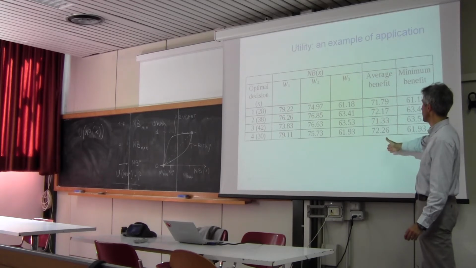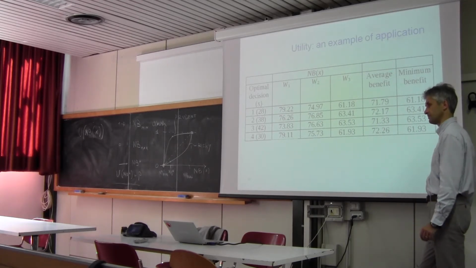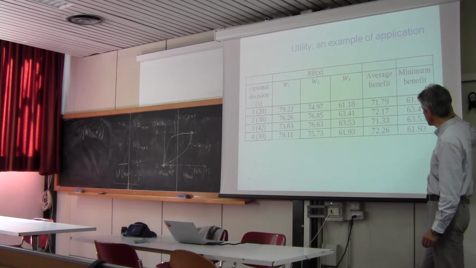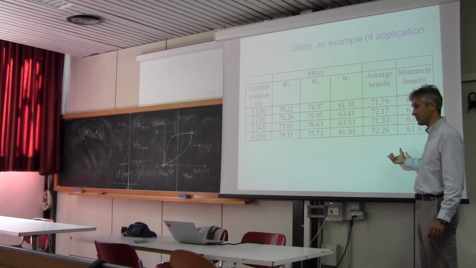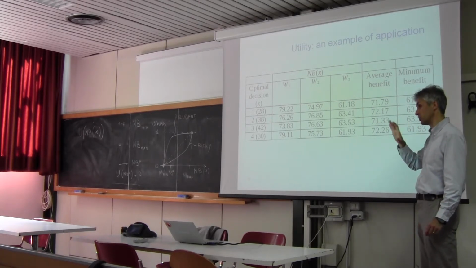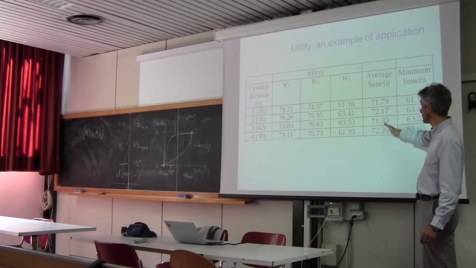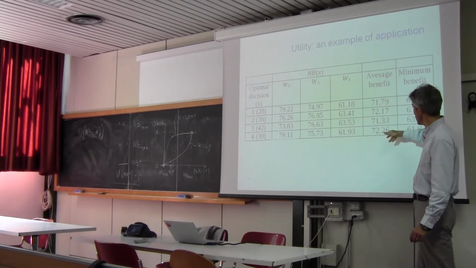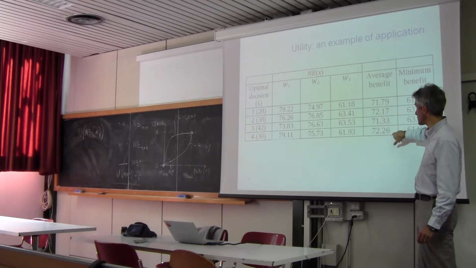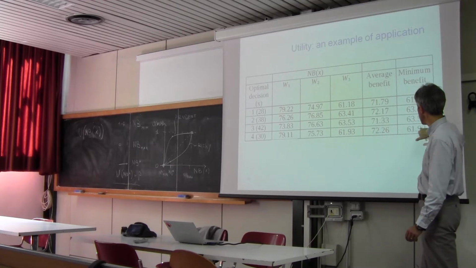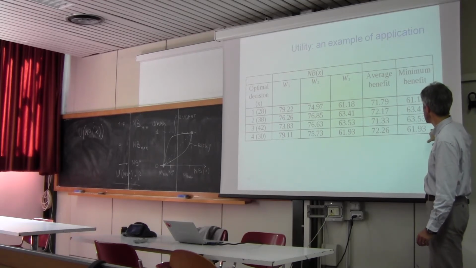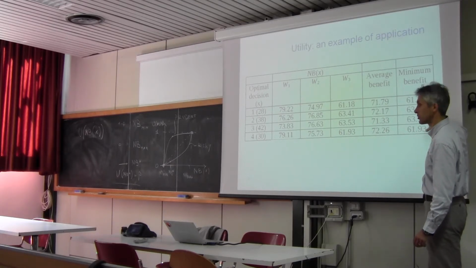And then you can compute here the average benefit and the minimum benefit. Why did I include these two columns? Just because sometimes people like to take the decision that maximizes the average benefit or the minimum benefit. I already mentioned to you this possibility. And if you decided to take this way, then your optimal decision would be the last one, 30, according to the criteria of maximizing the average benefit. Instead, if you look at the criteria of maximizing the minimum benefit, then you would go to 42 as